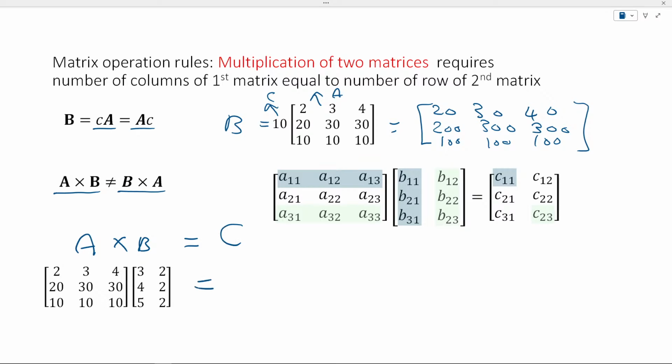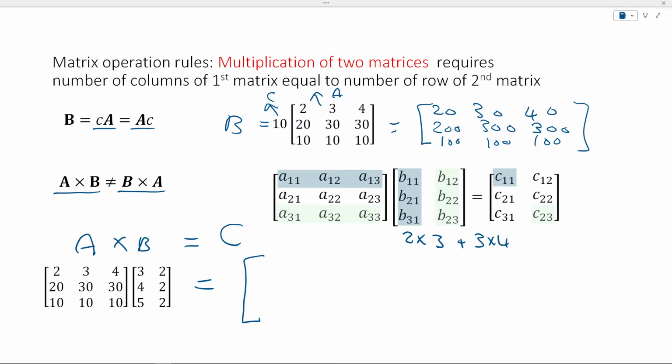So matrix C, remember again, would be equal to the first element here in the first row and first column. So that would be the multiplication of this guy times this guy. So can we do it? That is 2 times 3 plus 3 times 4